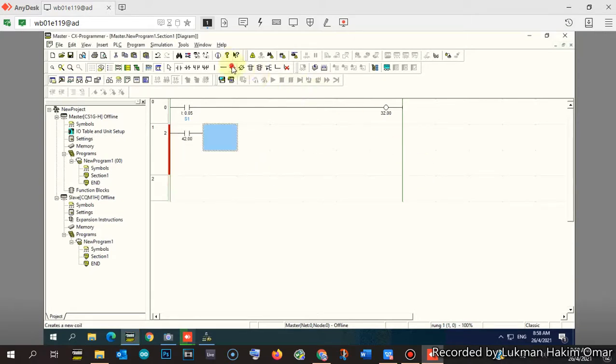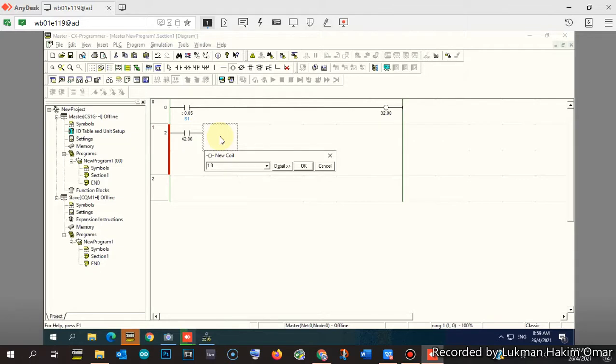Then for the output, this one is the output of the master PLC. Let's say in the slave PLC, I switch on switch number 3 to turn on output number 10 in the master PLC.